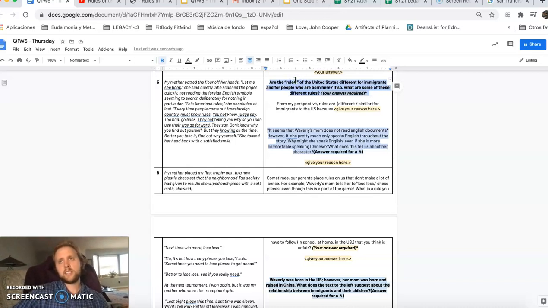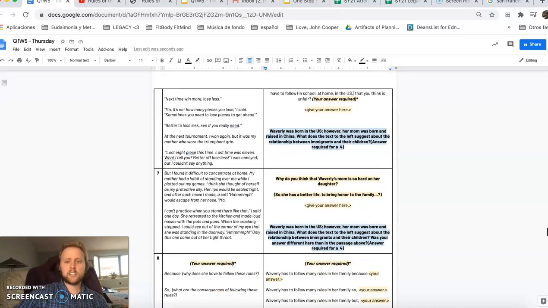For example, let's say your family's from Japan, or Vietnam, or Mexico, or Honduras, or wherever, or Poland, as is the case with my grandparents. Did they have to live by different rules than people who were born in the United States? If so, why? Secondly, it's interesting because Waverly's mom is much, much more comfortable speaking Chinese, but she speaks